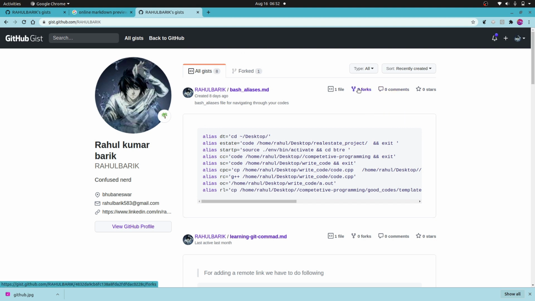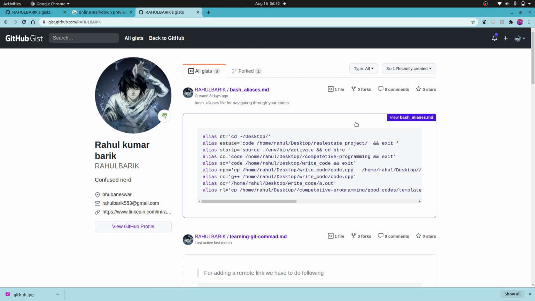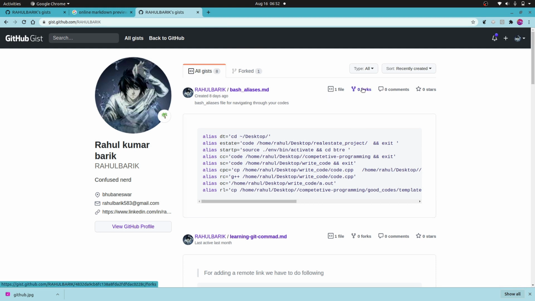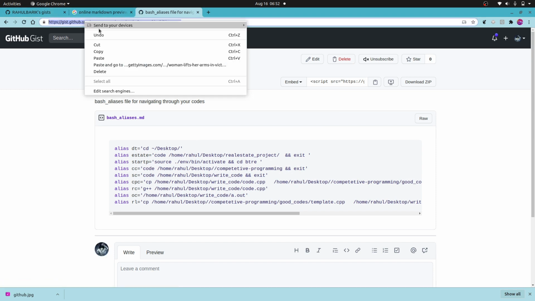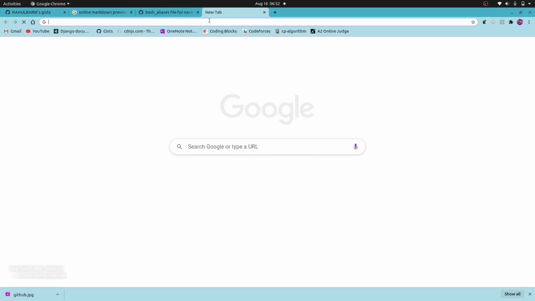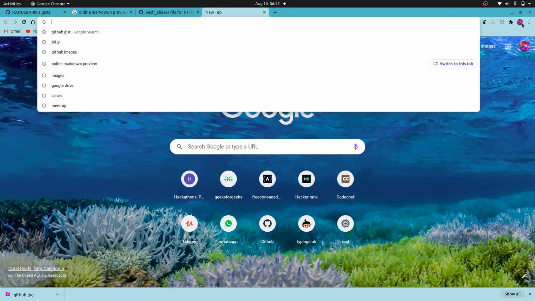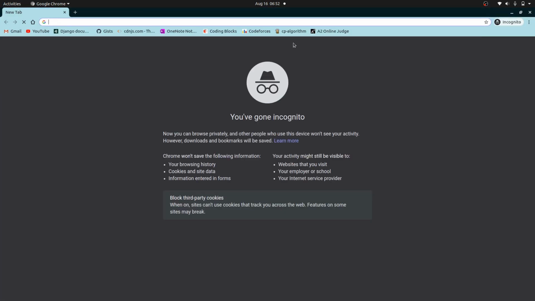You can fork it. If somebody from another account wants to know this gist, you can fork it. You can give it by URL. You can share the code by URL.